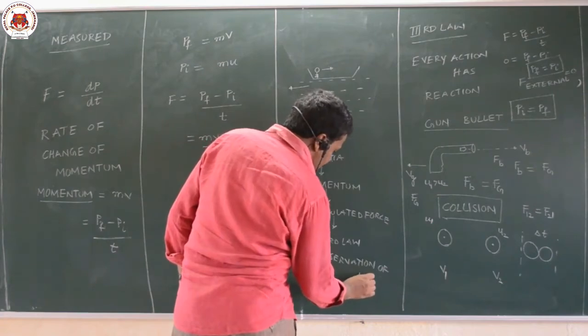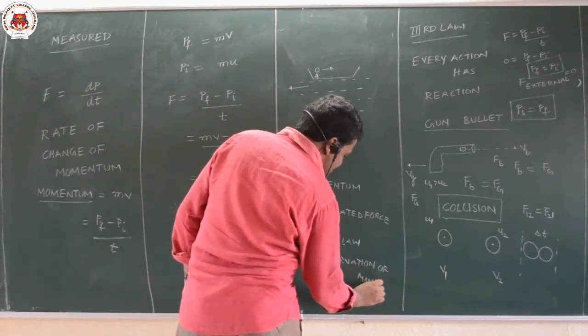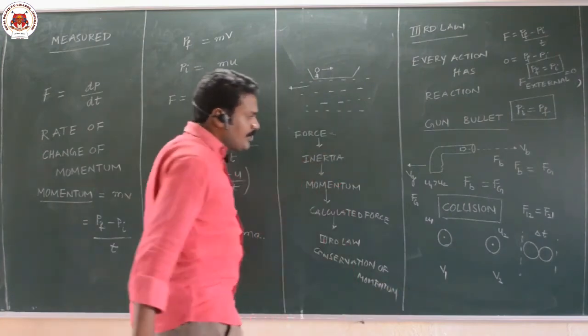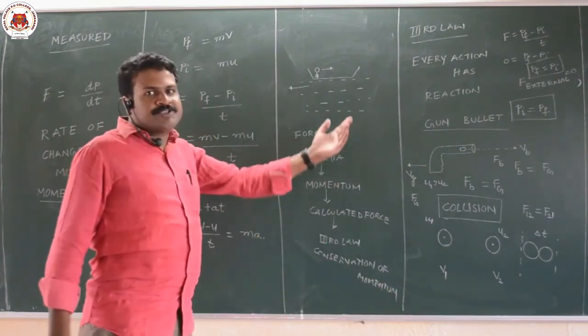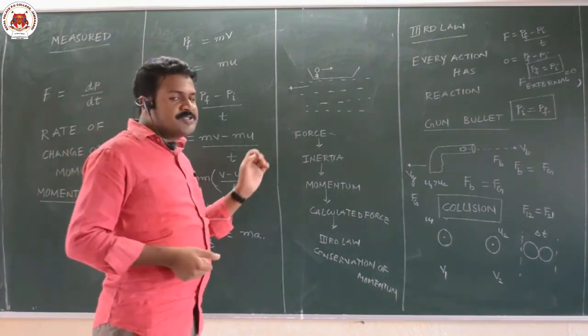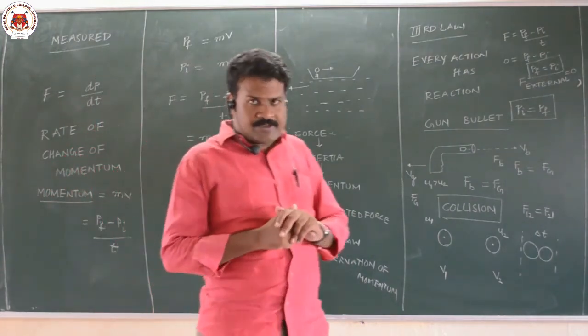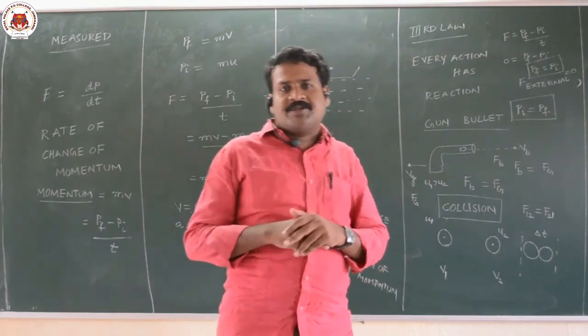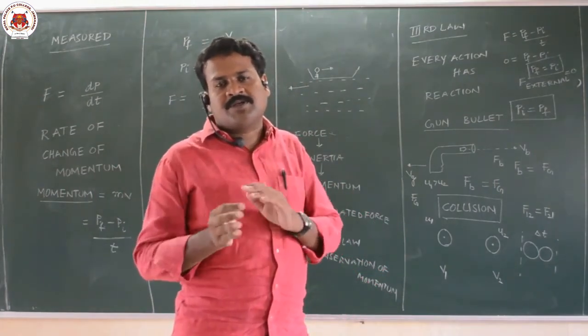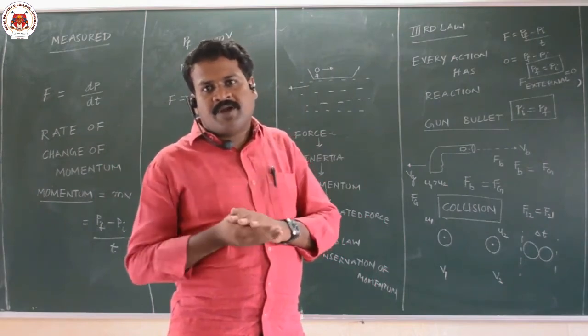We have studied a little bit of idea about collisions. What are collisions? And the gun-bullet system. What is momentum, initial momentum and final momentum? All these things we studied in this. In the next sessions we will discuss work. We will give some introduction about work, power and energy.